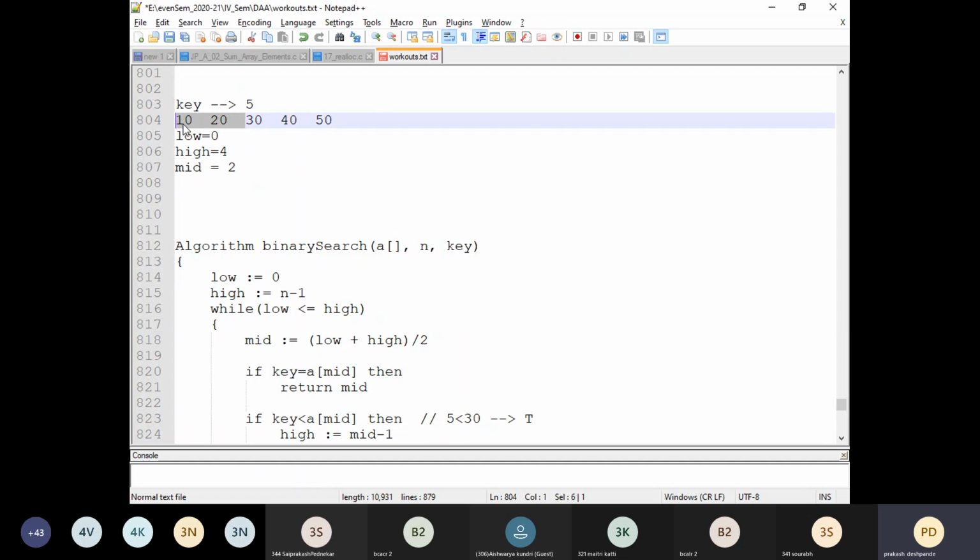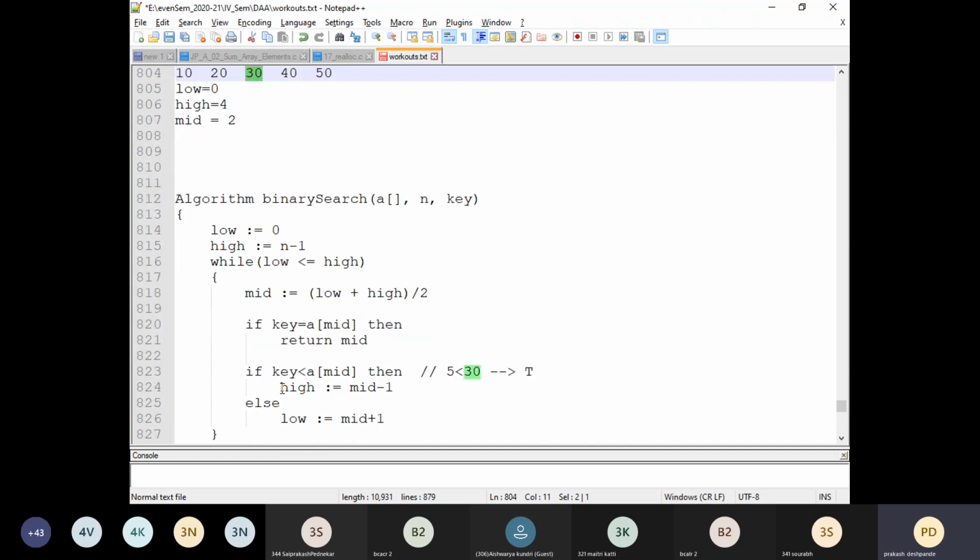Now, when we want to look into the left half, we know that low is 0 itself and definitely we are going to get a new value for our high, because we need to focus upon the left side. Here the low is 0 only, but high will no longer be 4. It will be 1 less than the mid value. So we will re-update the high value as mid minus 1.